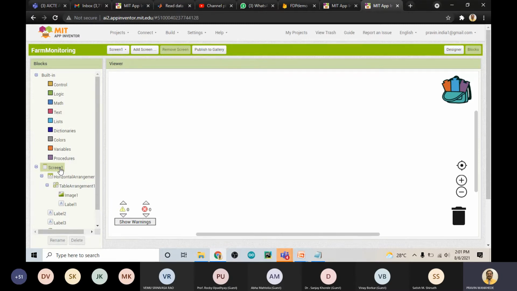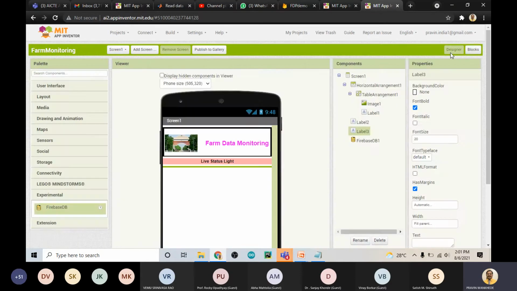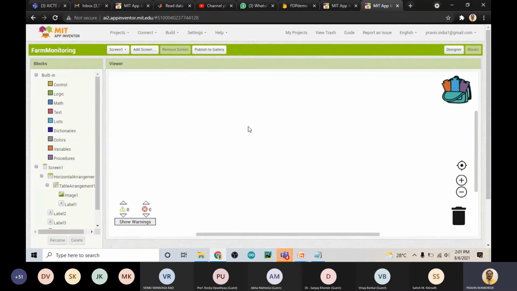I hope you got this one. On the right hand side, on the top, there is a Blocks button. The tab is there. Just click on it, and it will open the blocks.